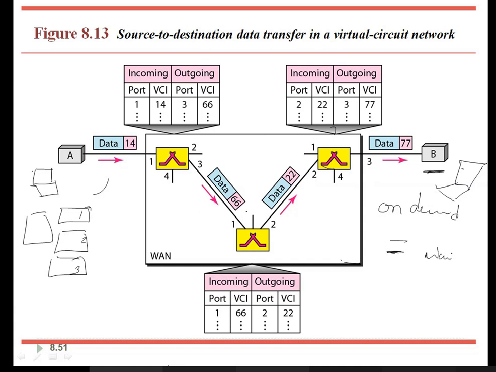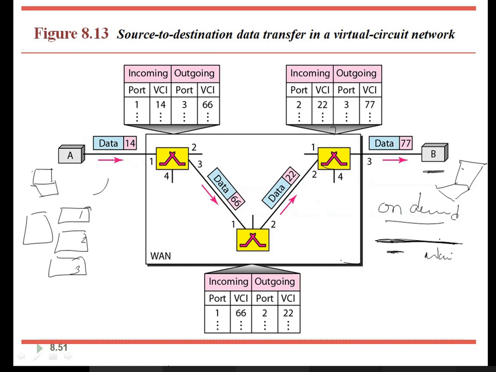Okay, so that's why I told you this is the combination of both the circuit switch network and the datagram network. In a datagram network, the resources are allocated on demand. In a circuit switch network, the resources are reserved. Once the setup phase is over, there will be resources reserved at each node to transmit the data, through which it can keep on sending the data.